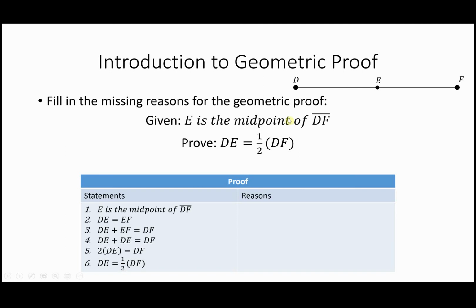So we have a given statement: E is the midpoint of line segment DF. We have a corresponding figure. And then we want to take a series of steps to ultimately get to our proof statement, which is that DE must be equal to 1/2 of the measure of DF. Sorry, the measure of line segment DE is what I meant to say here, because anytime you're referring to a line segment without its hat on, notationally, you are referring to the measure of it. So just to be clear,